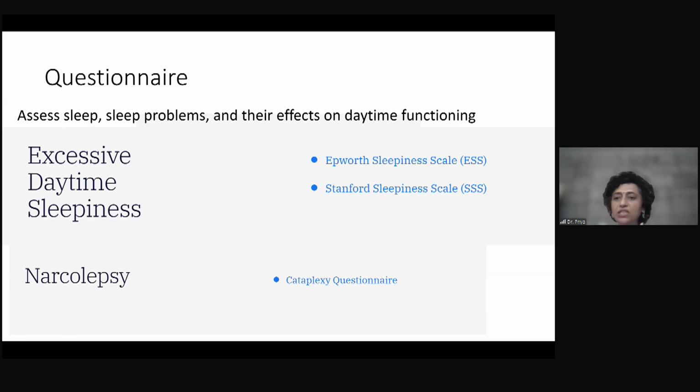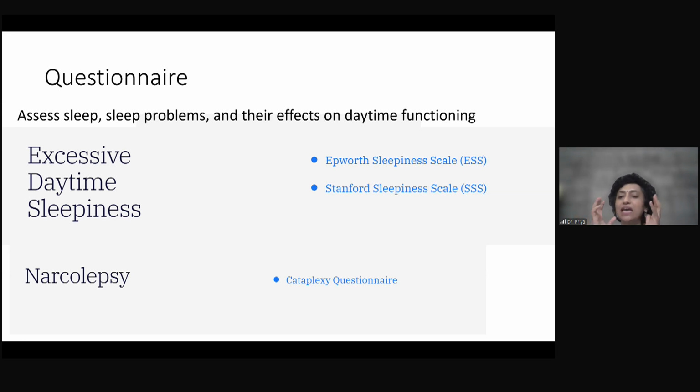I'm not going into detail of all the ones that are used. And in narcolepsy, especially, there is a cataplexy questionnaire. So every domain of the sleep medicine, every domain of the sleep complaint has a separate questionnaire. And most often, we tend to ask everything together. So Epworth sleepiness score, the take-home message from this slide is that Epworth sleepiness score doesn't assess obstructive sleep apnea.